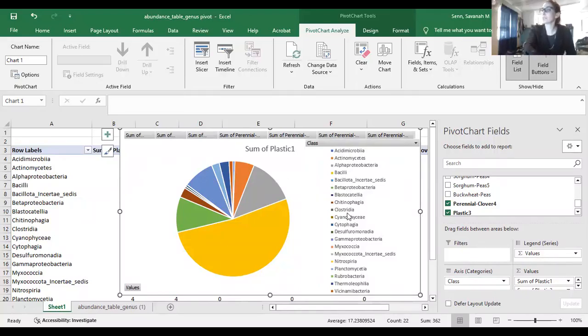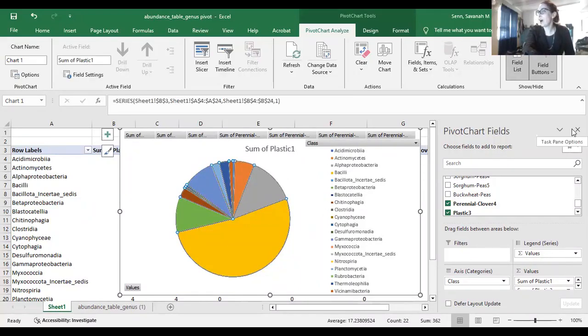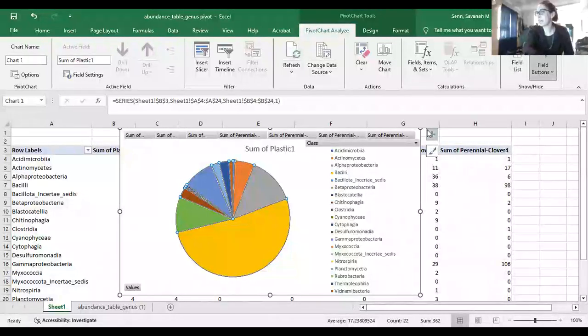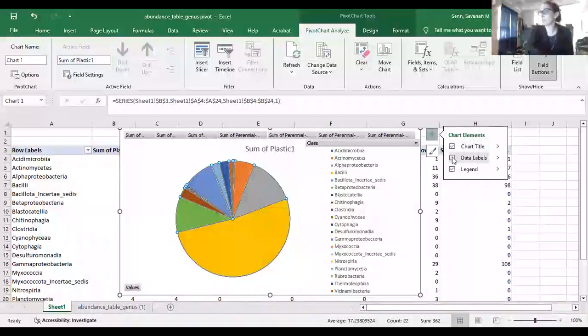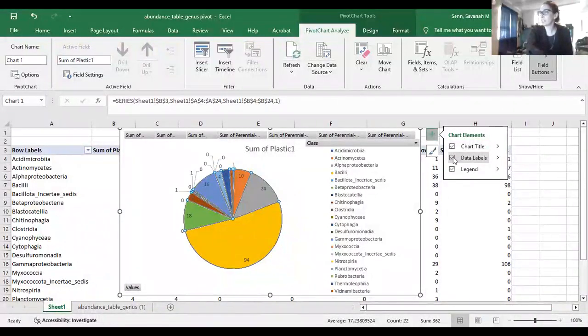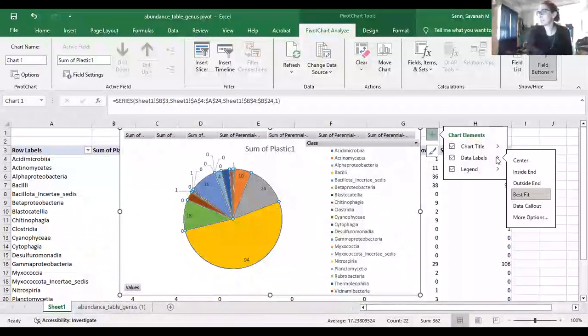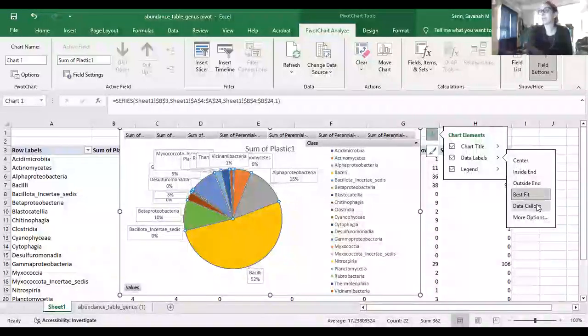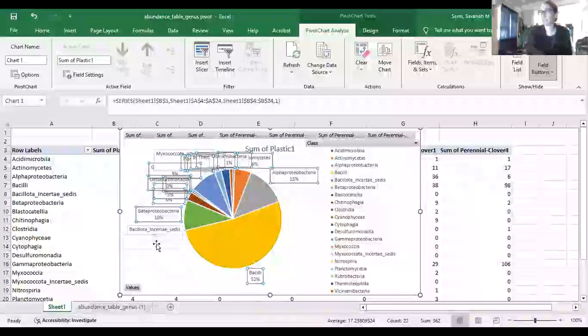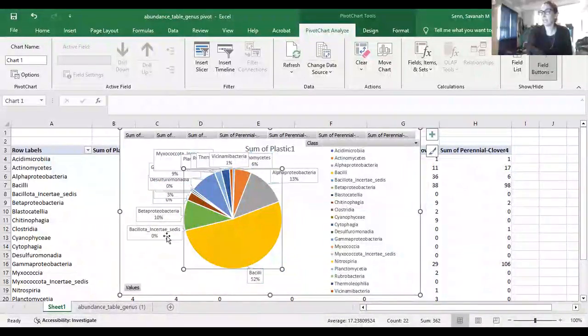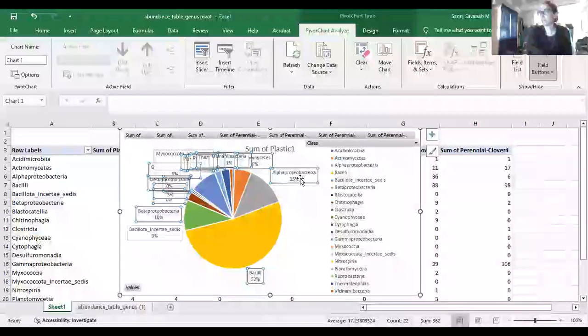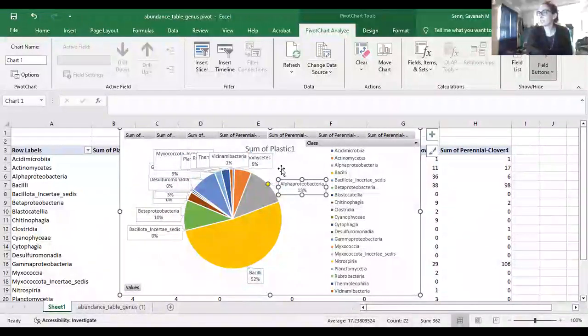And we can also adjust the options for this. So let me try and go to the little plus, and we can try and get a data call out. So if I go for data labels, then it's going to give me the number of counts. Let's see, what else can we do? We can also get it by percentage. So this is kind of fantastic here. Without really having to think too much about calculating it,